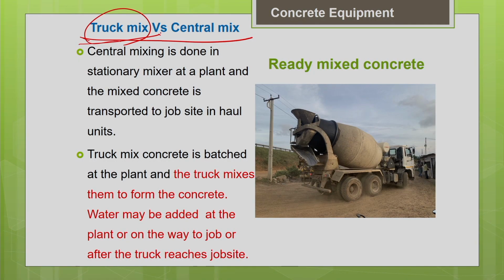Okay. So, generally when do we go for truck mix? If your job site is located in a remote place, like if your RMC transit mixer won't be able to reach the job site within the stipulated time as mentioned by the code, in that case, we can go for truck mix. So, in truck mix what they do is they do not add the water. Okay. So, only the ingredients are loaded, they do not add the water immediately.